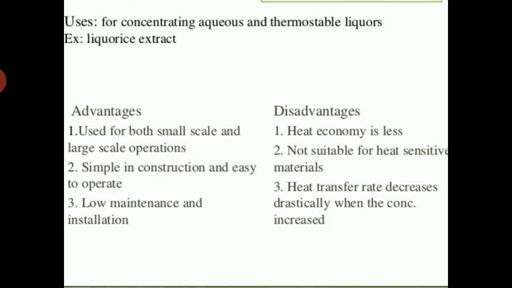So the steam is supplied to a jacketed kettle, that is the evaporating pan, in which the aqueous extract is placed, and steam gives out heat to the kettle. The heat is transferred to the aqueous extract by conduction and convection. The temperature rises and the escaping tendency of the solvent molecules into the vapor increases. Stirring further enhances the vaporization of solvent molecules.